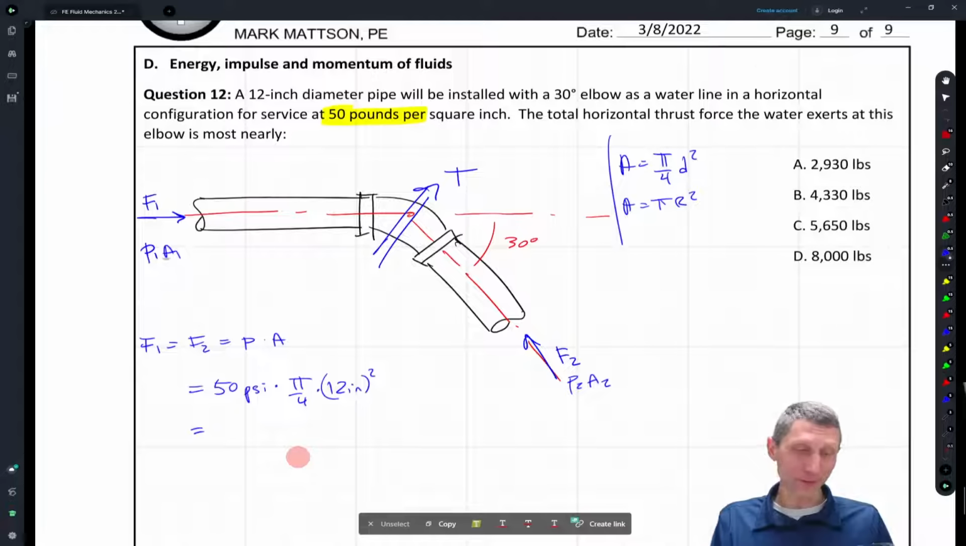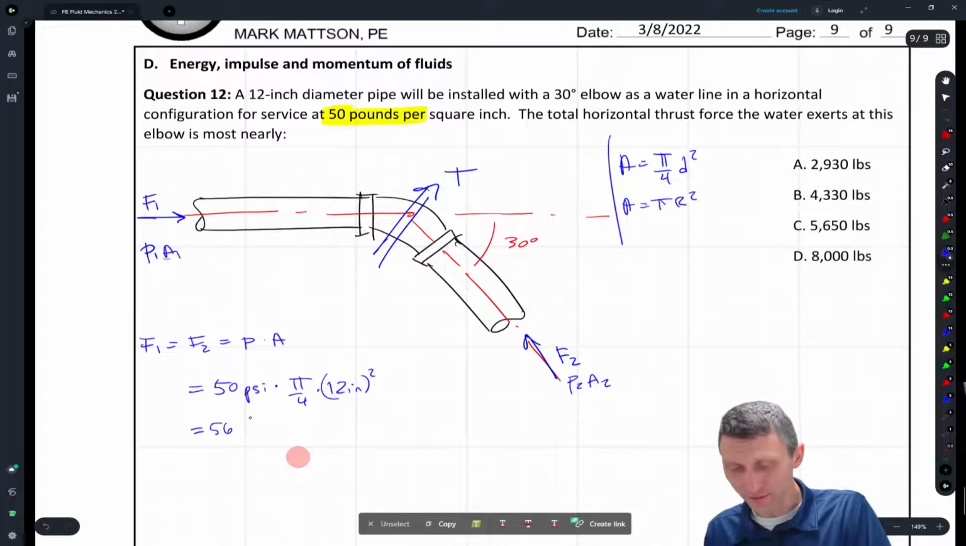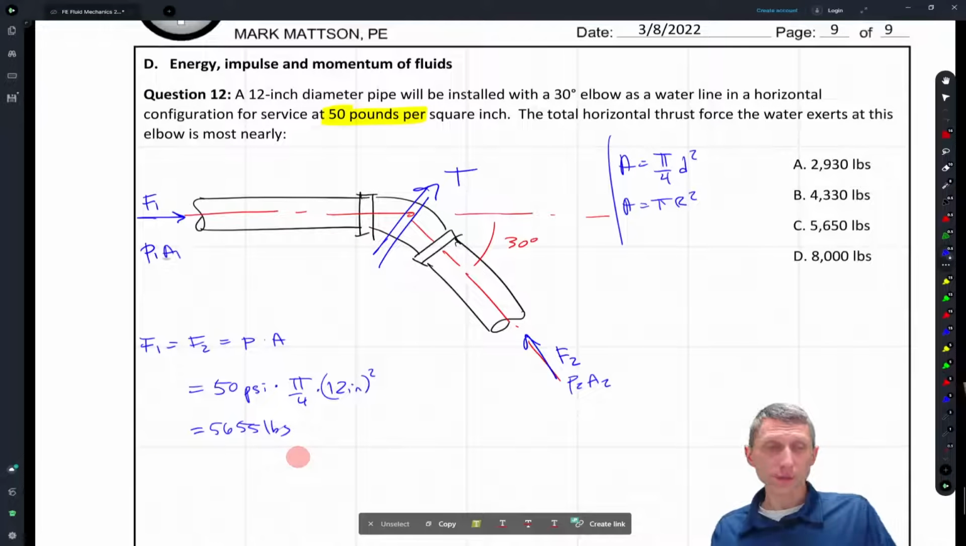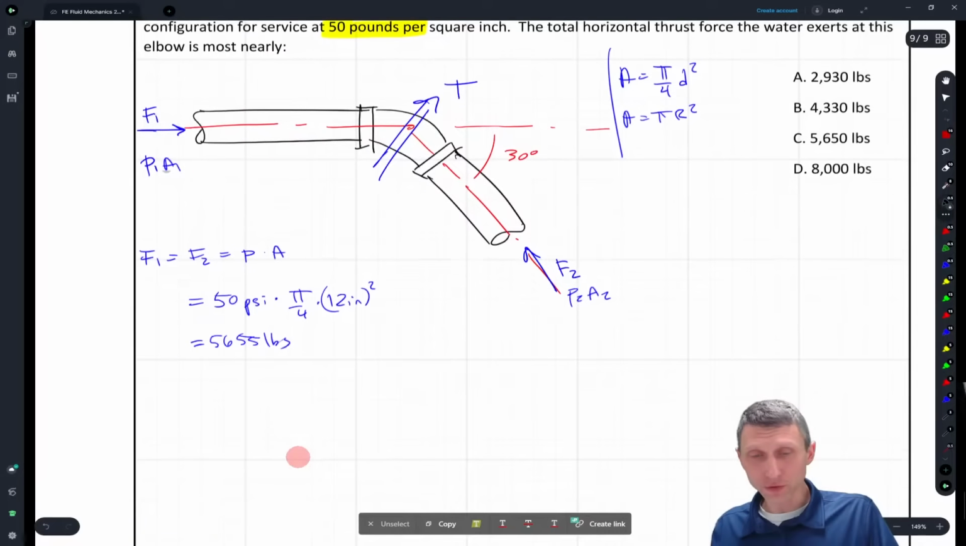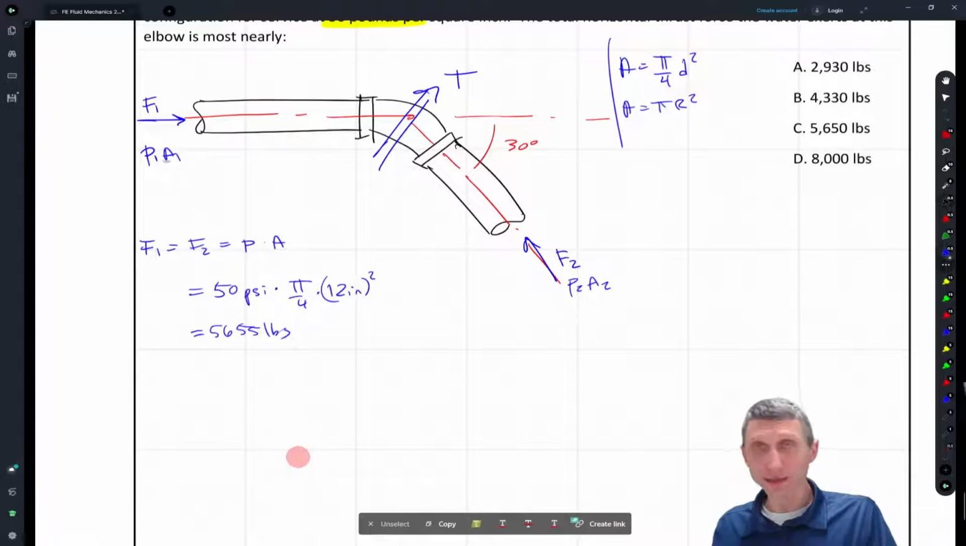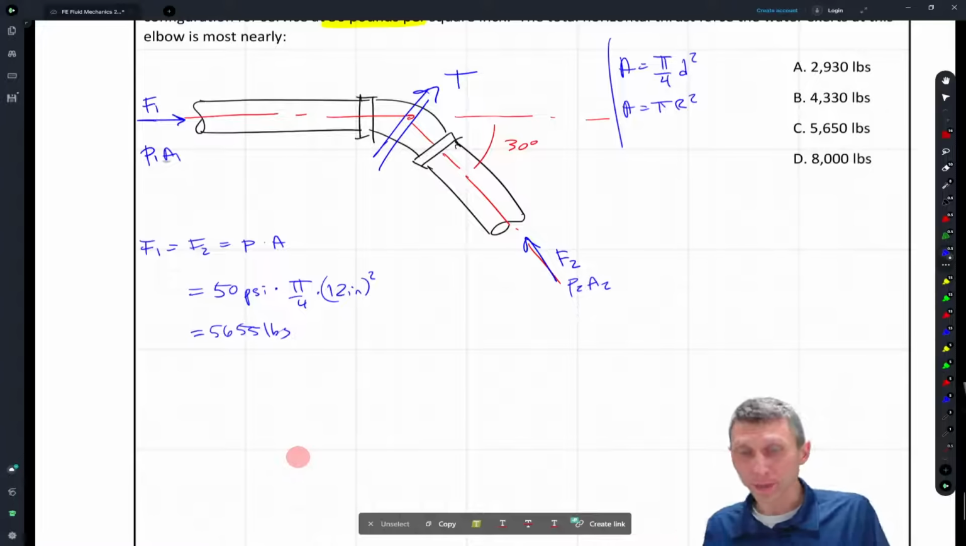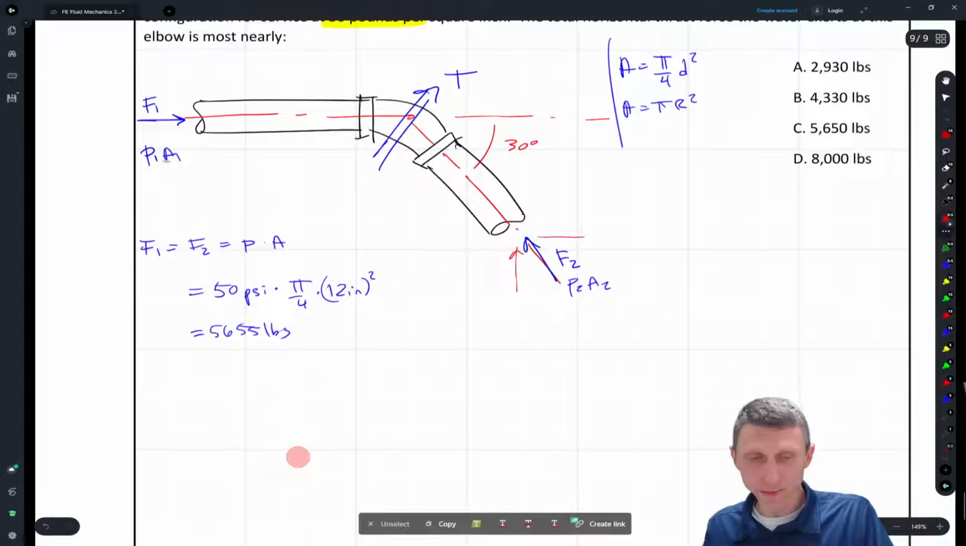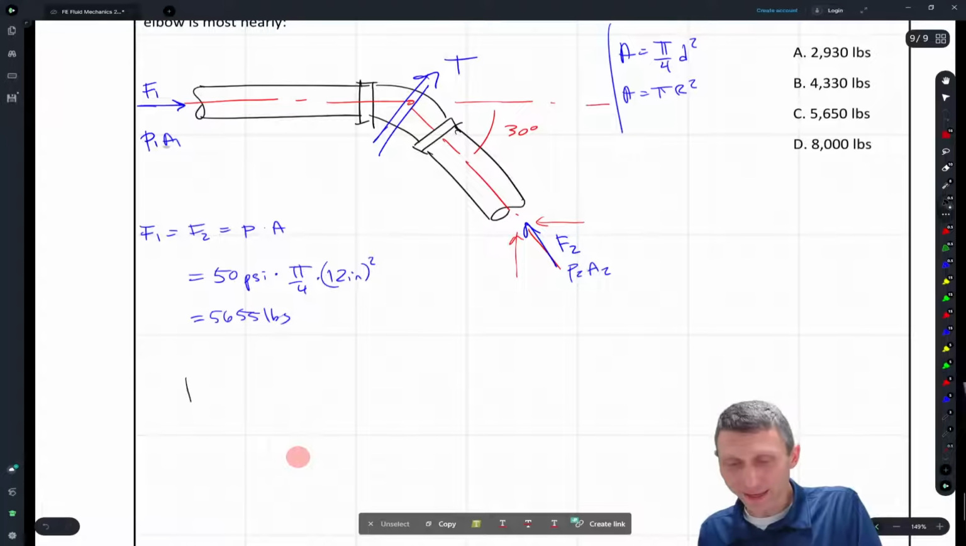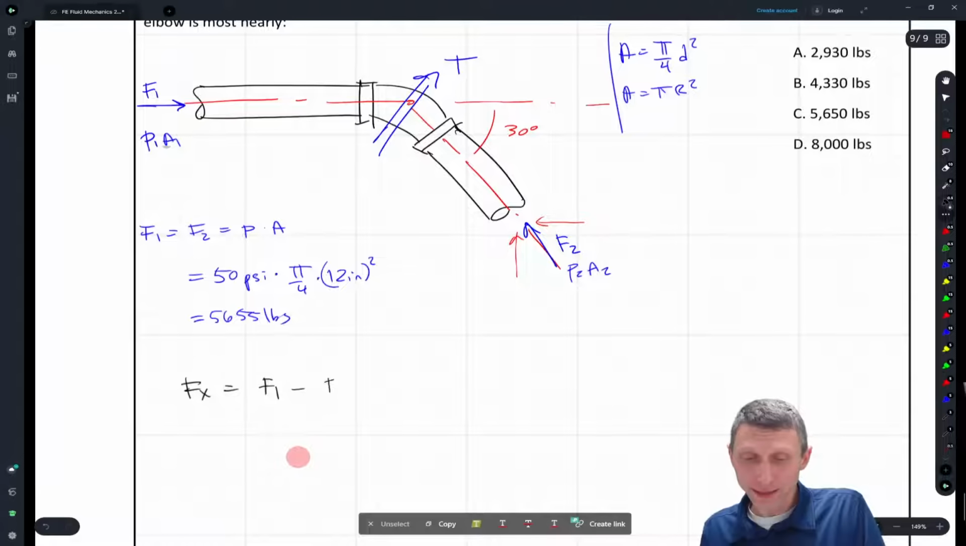So if I multiply this out, I get about 5,655 pounds. Okay, so both these forces look like that, and so essentially we're kind of back to square one of statics, right? We have two forces and we're trying to balance them. The total force in the x direction, we're going to have some component here, some component here, but the total force in the x direction is basically F1 minus F2